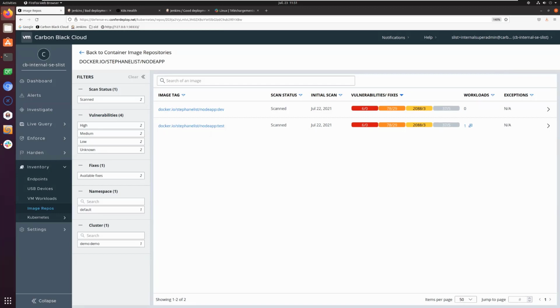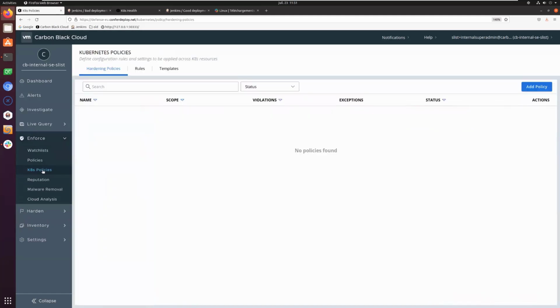Now, what we will do is create a Kubernetes policy. We will apply it to our cluster for the demo and see how Carbon Black can protect your CI/CD pipeline. So to create and enforce a Kubernetes policy, we will create a new policy.